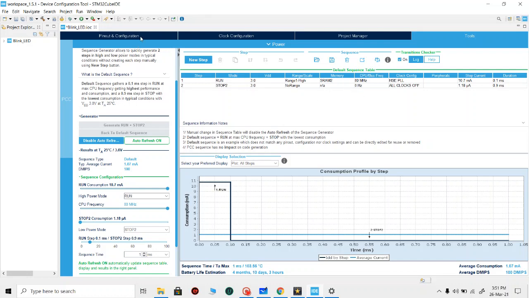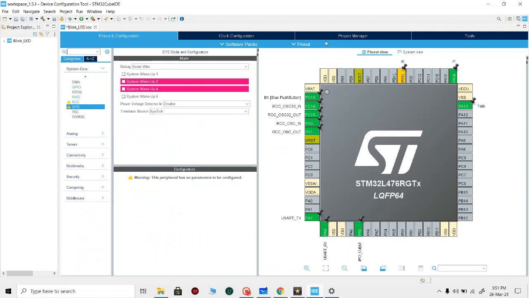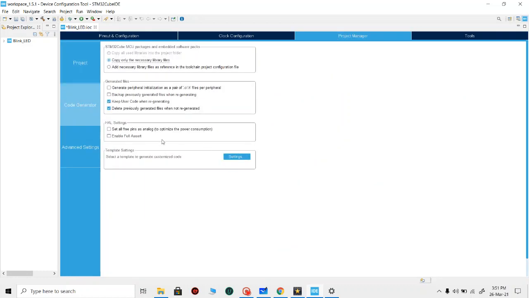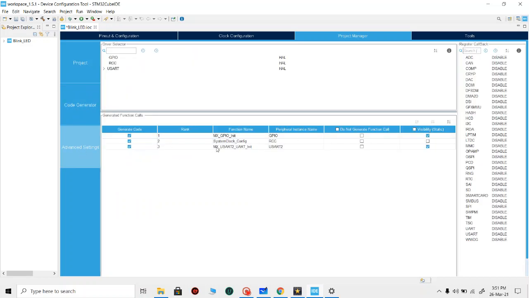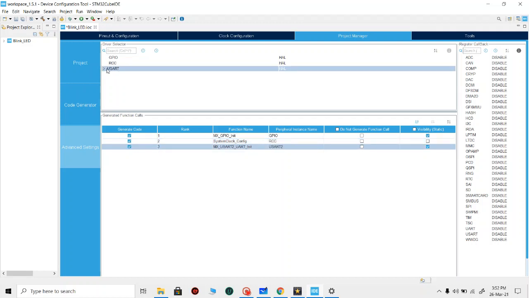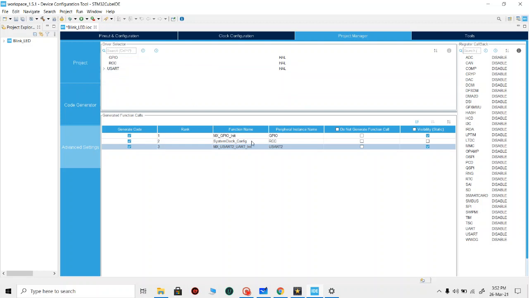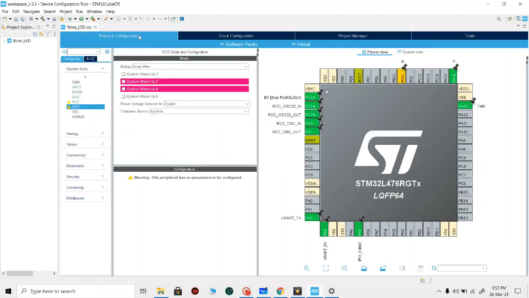Now we will go to the pinout and configuration, and look for generating the code, the code generator. See, these are our GPIOs, the crystal, clock and UART, which you can enable or disable based on your requirements. For now we'll be using the hardware abstraction layer library, HAL, from STMicroelectronics.